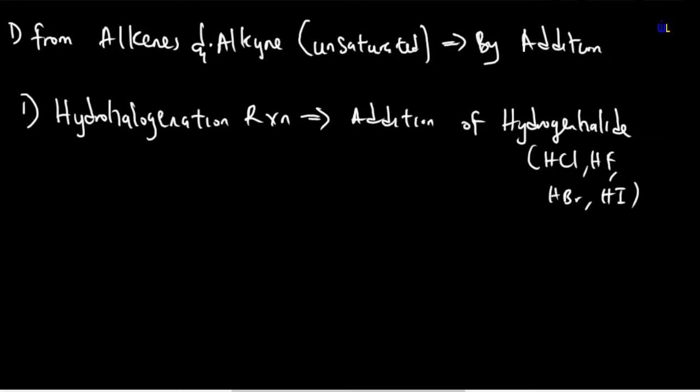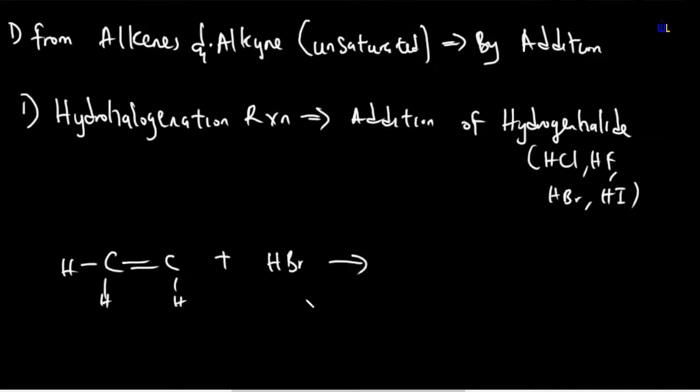Sorry about that. Now, before we continue, the first addition reaction we're going to consider for the production of a haloalkane is the hydrohalogenation reaction. Hydrohalogenation implies that you are going to be adding a hydrogen halide. The general principle in an addition reaction is this: imagine you have this compound, and you want to add